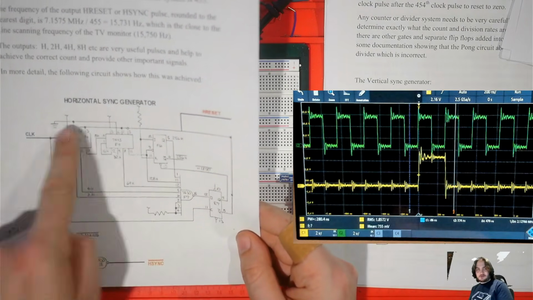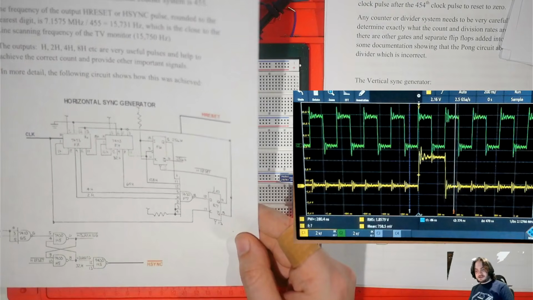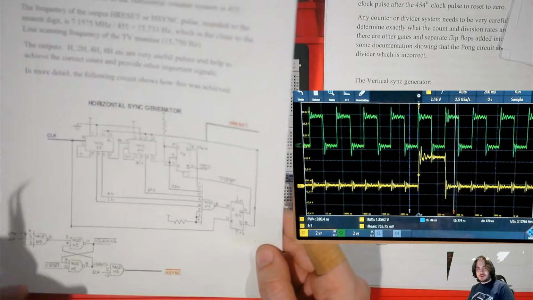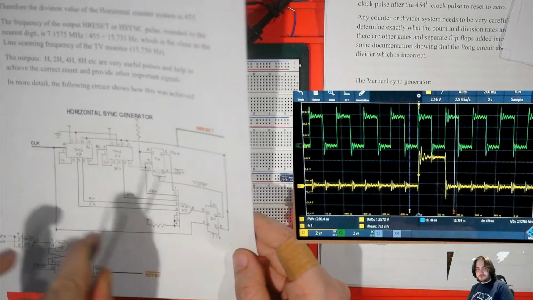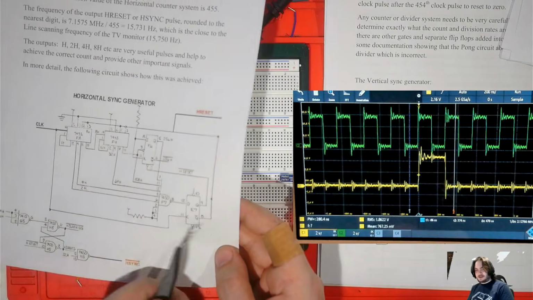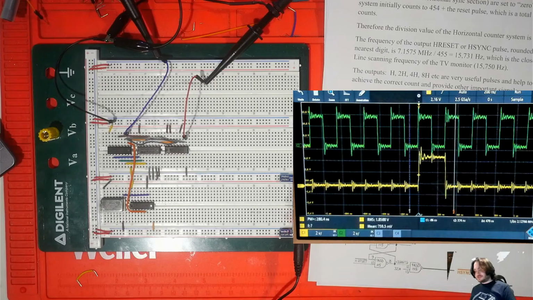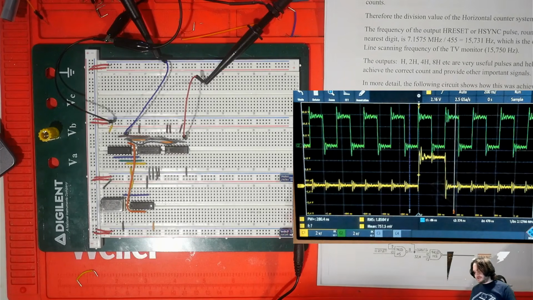H reset comes back around and resets the counter. And that's how we can get pretty much any frequency we want out of a counter and a NAND gate and an inverter. We also want to produce a couple of other signals out of this. We want to produce